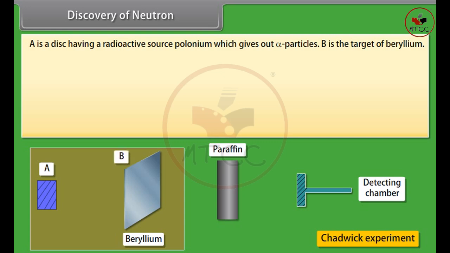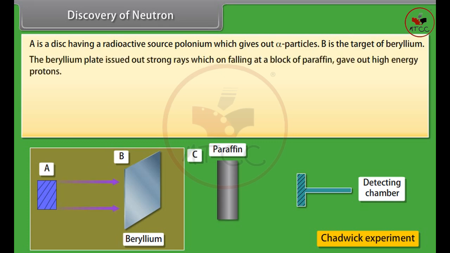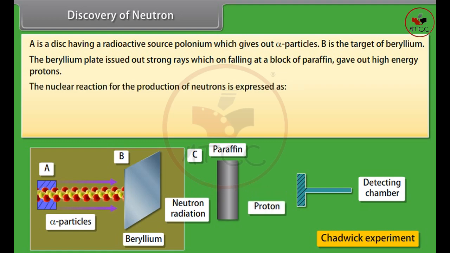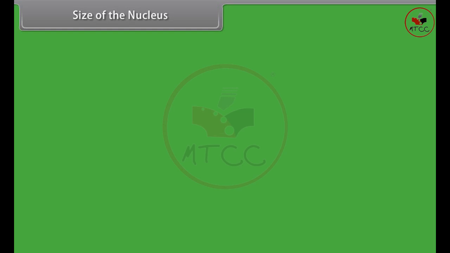B is the target of beryllium. Both A and B are placed in an evacuated chamber C. The beryllium plate issued out strong rays, which on falling at a block of paraffin gave out high energy protons. The nuclear reaction for the production of neutrons is expressed as: